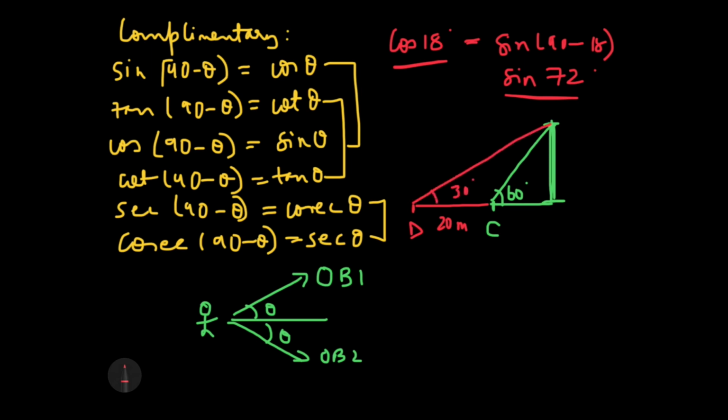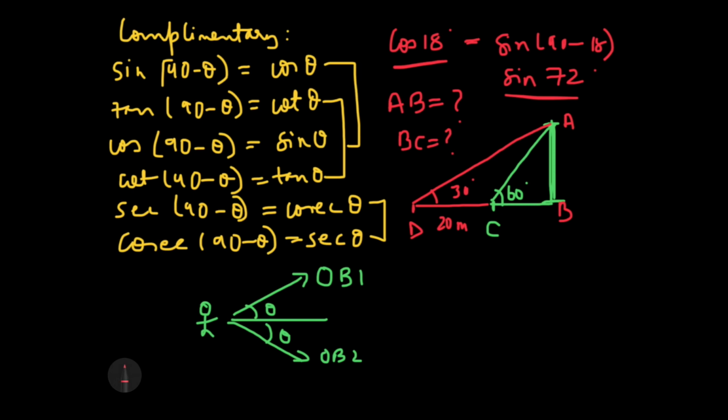So we have two pieces of information with us: two angles of elevation and one distance between D and C. What I need to find out is the height of the tower, that is AB. Okay, so my question is, what is the height of the tower AB, and I also need the distance between the first point of elevation and the bottom of the tower, that is, the value of BC. Okay, so how will I calculate it?